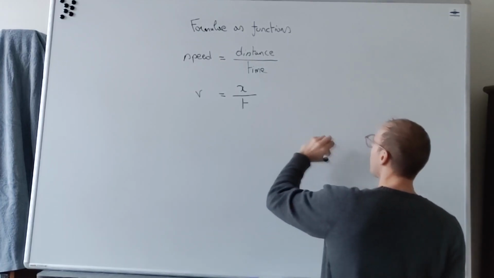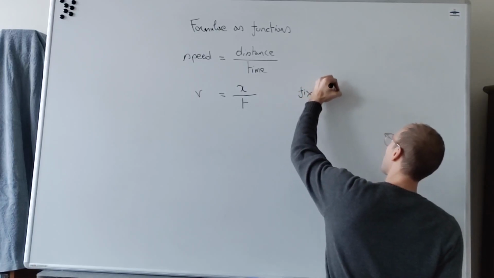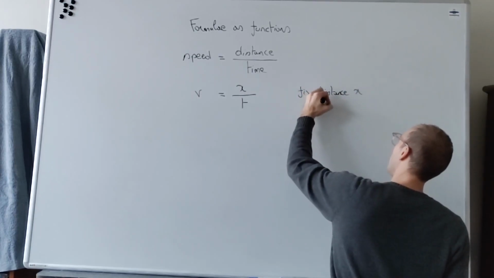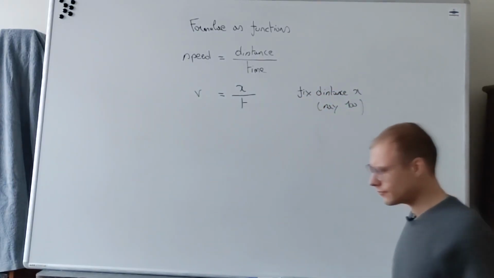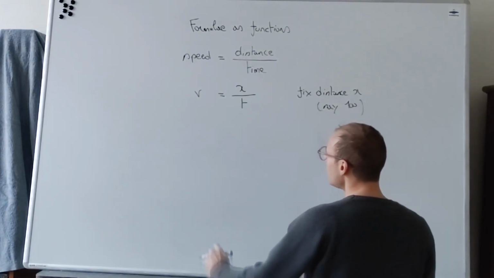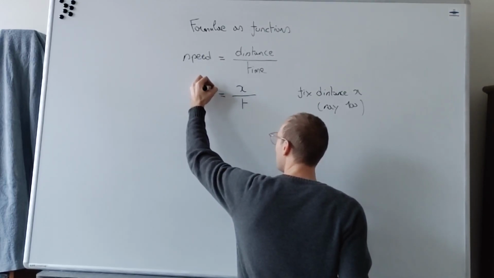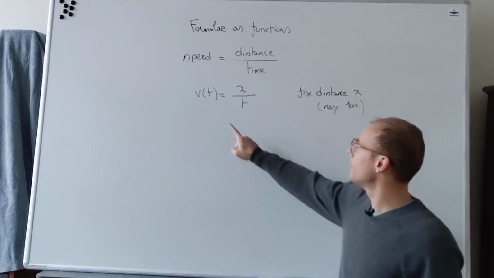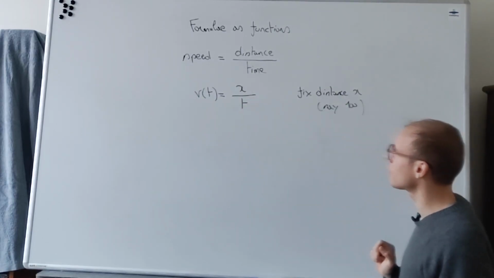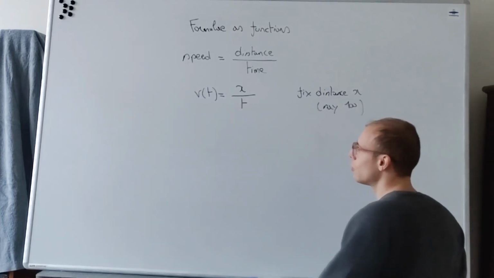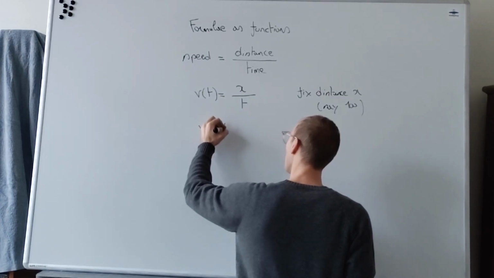And what can I do? For example, I can fix my distance x. Say, I don't know, 100 kilometers, 100 miles, doesn't really matter, 100. And what I can consider is the velocity, which depends on the time parameter t. My x is fixed. And this allows us to look at the function v, the speed function, which goes